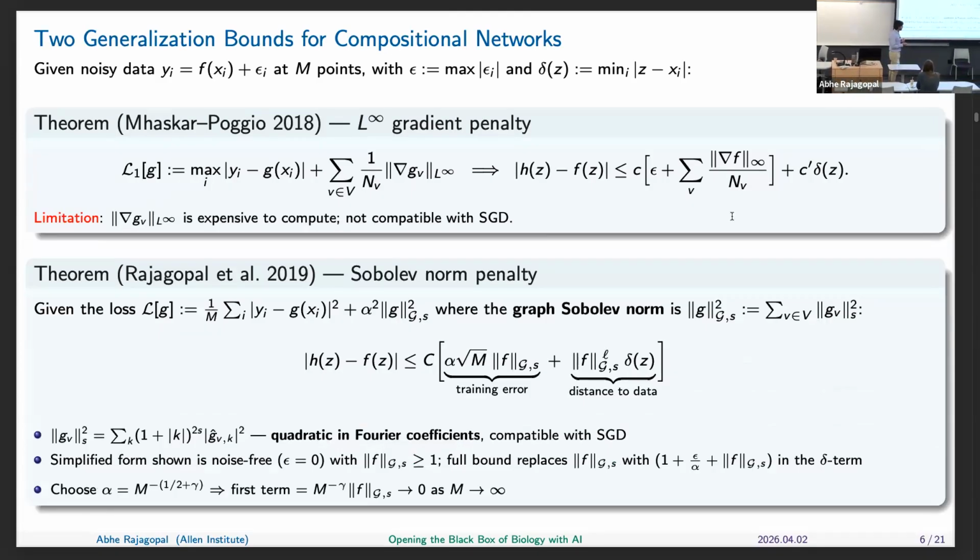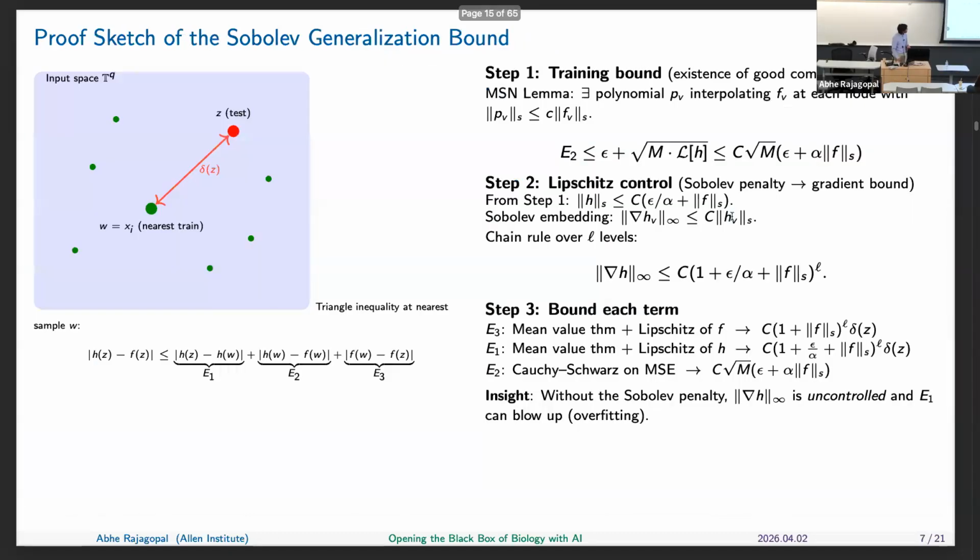But basically the point is that the generalization error depends on 2 things, and I'll give you a sketch of the proof in just a second. The first term depends on the training error of the Sobolev norm at the training points that you have. And then the second term depends on how dense your data is. And this really matches the intuition of their original theorems. So just to give an example, and I don't want to belabor this point too much for the sake of time, but happy to come back to it after. Basically the idea is that we're just going to use Cauchy-Schwarz to bound each of these terms. And then, for step 2 and step 3, for E1 and E3, use mean value theorem.